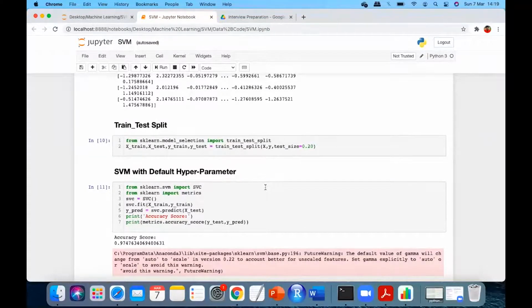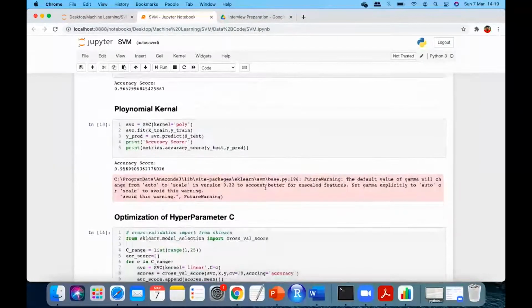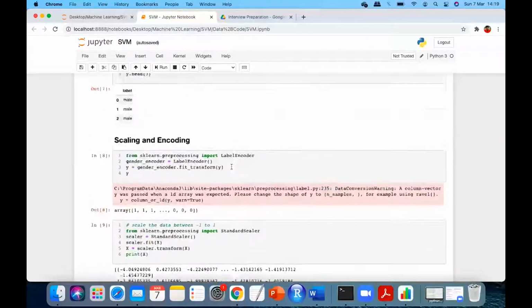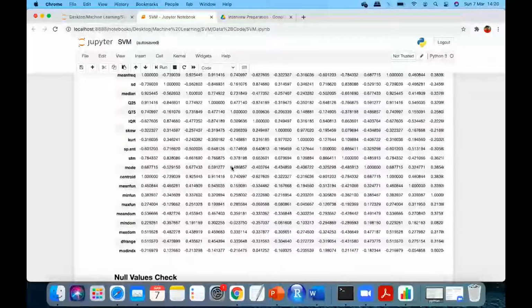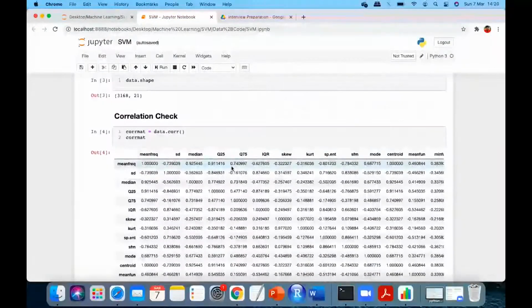Or if we are using the polynomial kernel, we can give the degree 2, 3, 4, 5, 6, 7, and then get what is the best we are getting. And then we have the C value, the gamma value, the kernel is polynomial, and the degree, let's say 2, 3, 4, whatever we get. So that is how you select manually also. Manually also we have done it before applying. So anyways, you can do it in any way.